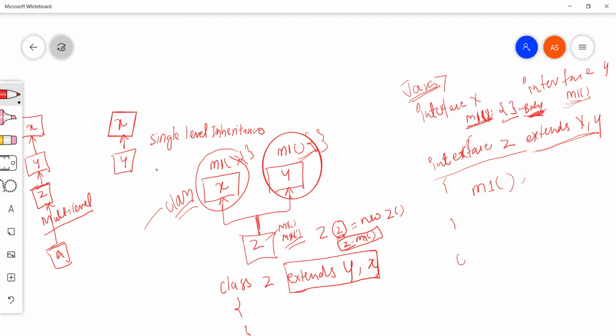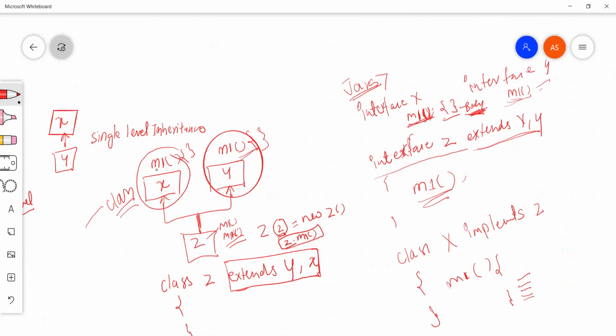like a class called X, which implements the Z interface, and Z is inheriting the M1 method from parent interface X, and the class is responsible for providing the body. But from this point, you can see there is no code, there is no implementation.